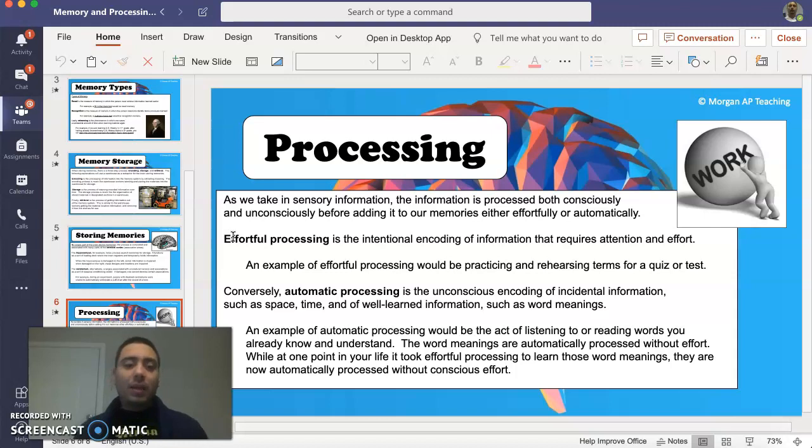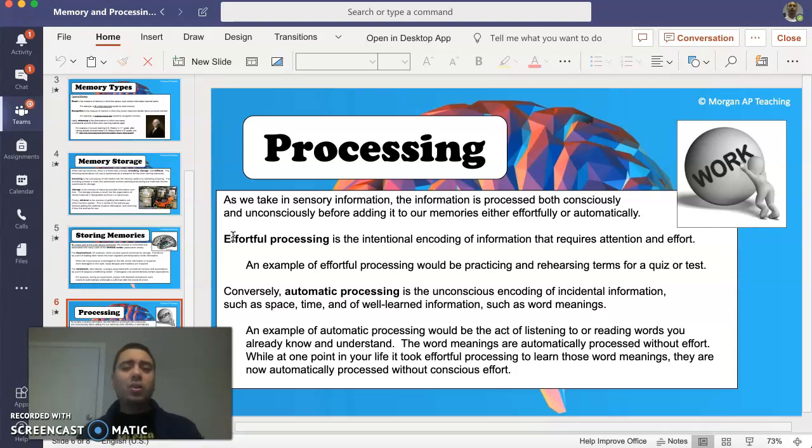All right, so when we process information, there are certain ways to process it. We can undergo effortful processing, or we could also undergo automatic processing. Effortful processing is intentionally encoding information that requires attention and effort. It's whenever you're really trying to pay attention to something or a lesson because you really want to learn it and you don't want to forget. Conversely, automatic processing is the unconscious encoding of incidental information, such as space, time, and of well-learned information, such as word meanings. An example of automatic processing would be the act of listening to or reading words you already know